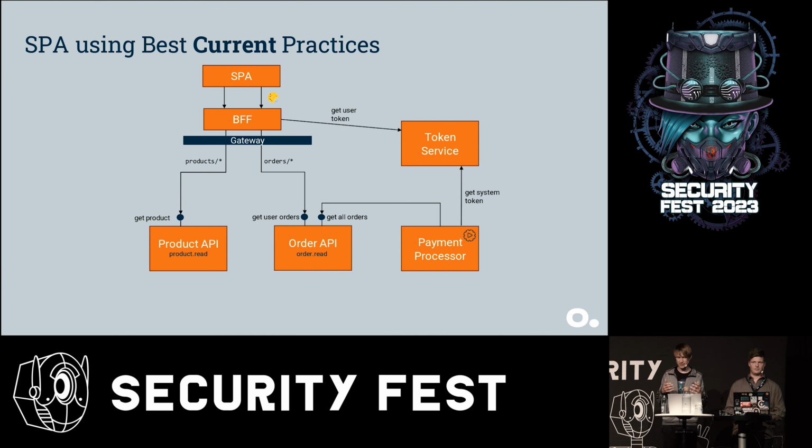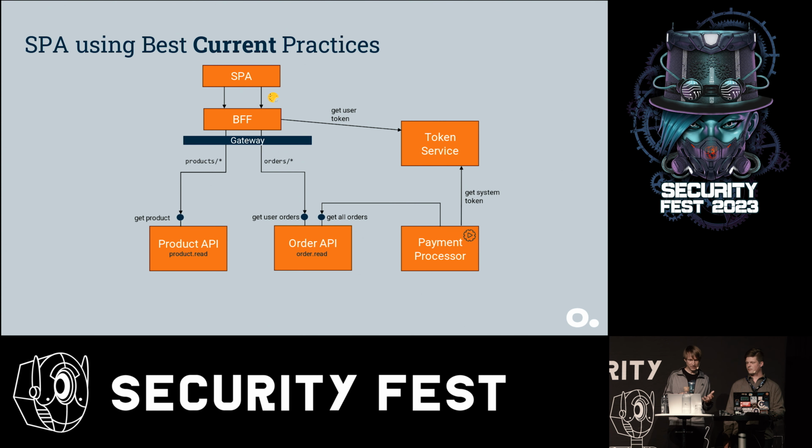And as I said, all compliance checkboxes are green, and we have a solid, secure design. But the negative test case, the user should not be able to access system integration APIs, like the get all orders API, fails. So why is that? What enabled Pontus to do this attack?